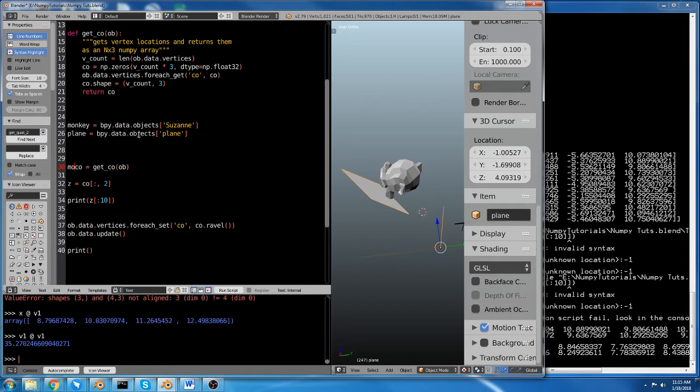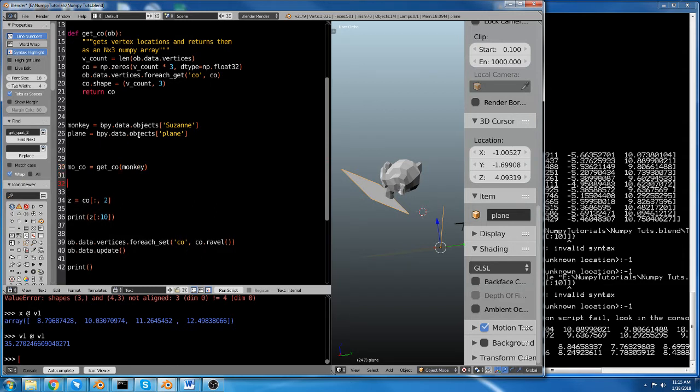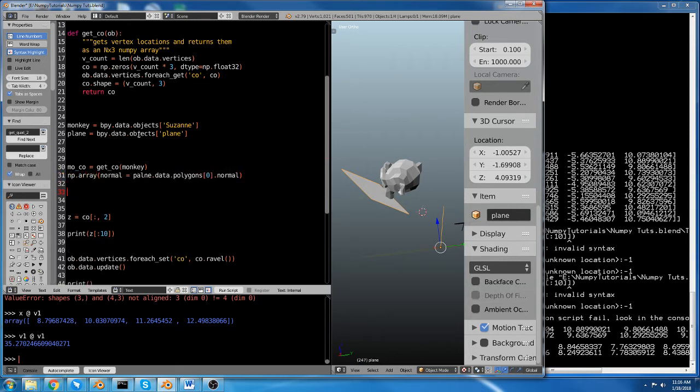So monkey co, monkey do is going to be monkey, and we don't really want the coordinates of the plane, we want its normals. Actually, let's just say normal, because we know we're working with the normal of the plane. So normal equals plane dot data dot polygons 0 dot normal, and we actually want to make this a Numpy array, so we're going to say np dot array, and now we want to print